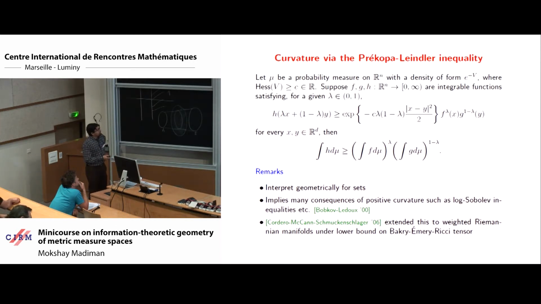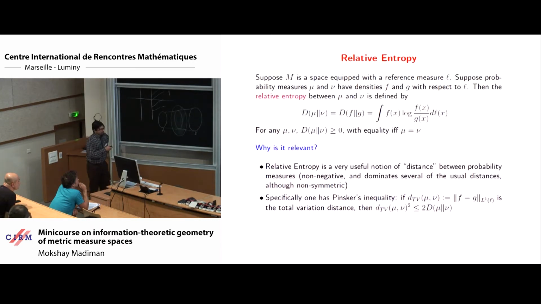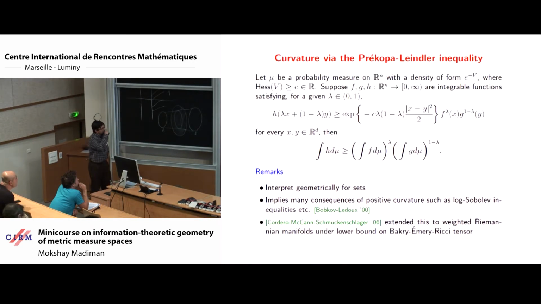So this is stated for Rn, but it turns out that this can be extended to weighted Riemannian manifolds under a lower bound on this Bakry-Émery-Ricci tensor that I mentioned. This was done by Cordero, Maaan, and Schmuckenschlager. Okay, so also around the same time, Cordero, Maaan, and Schmuckenschlager, as well as